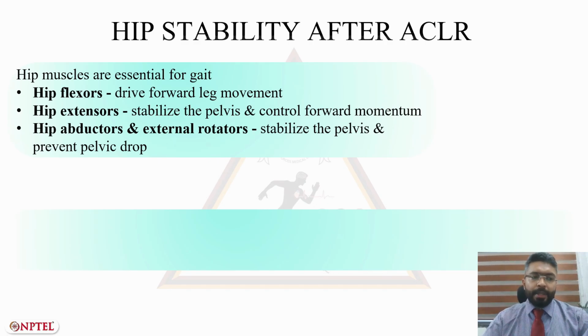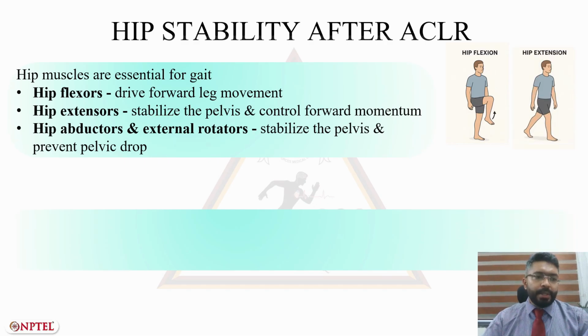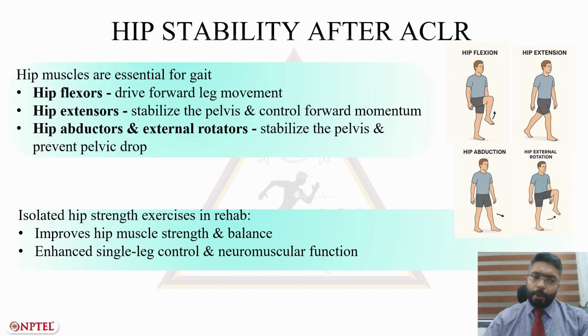The hip abductors and external rotators take the thighs outwards, preventing the pelvis from dropping while walking and stabilizing the hip during single leg support. These muscles work together in concert to maintain balance, support the body's weight, and to provide the necessary force for both propulsion and smooth coordinated movement of the lower limb during walking.